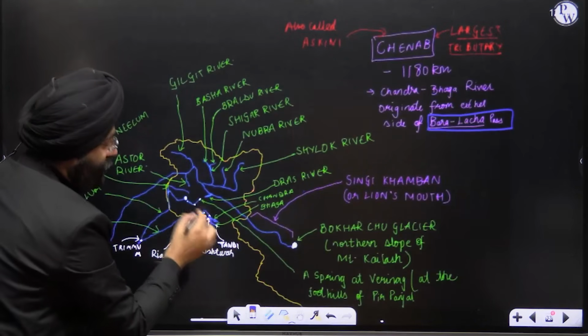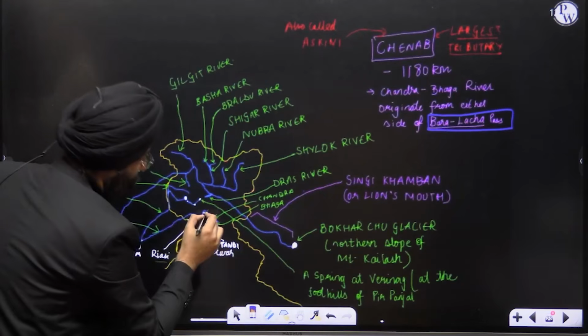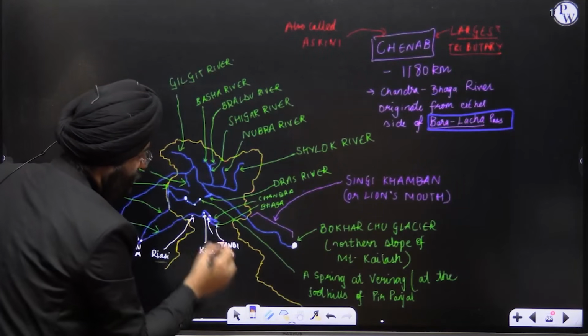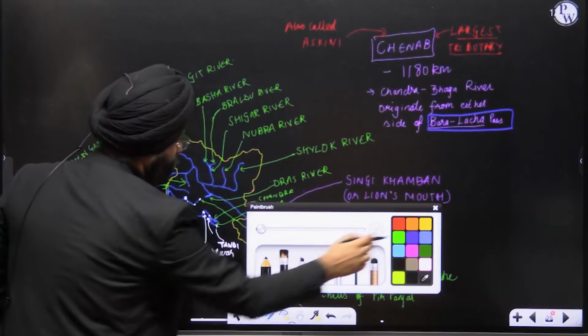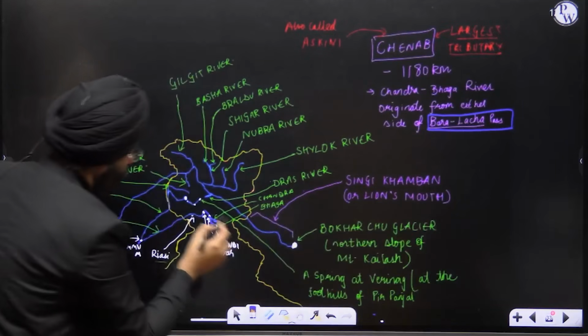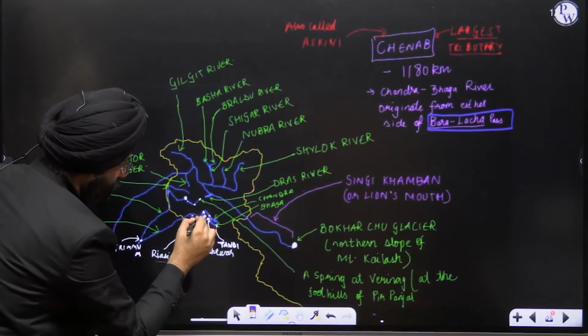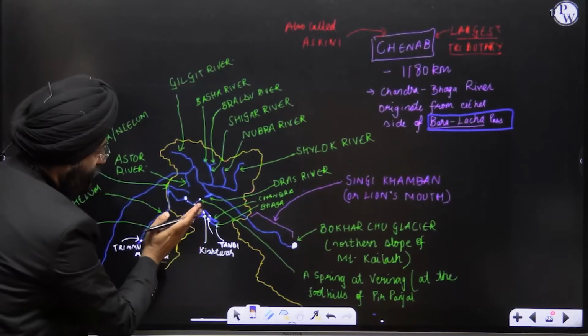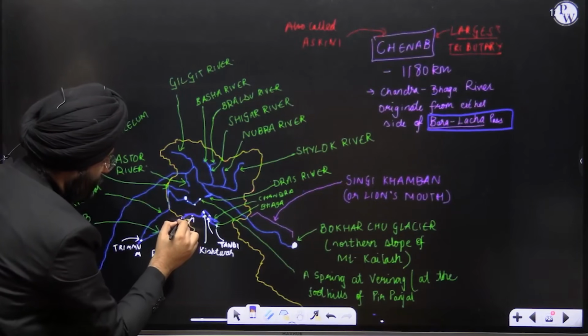Once it is merged, it is known as what? Chandrabhaga, alternative name for Chenab. It further moves northwest. It crosses Kishtwar, again a very important place, culturally also. It then moves a little bit southwestern, then crosses an important place, Rayasi, and then it enters Pakistan,